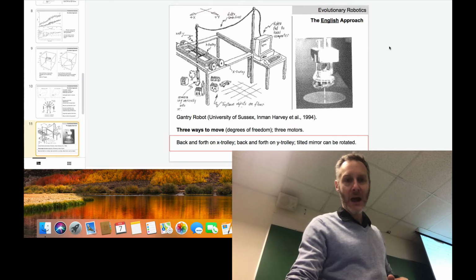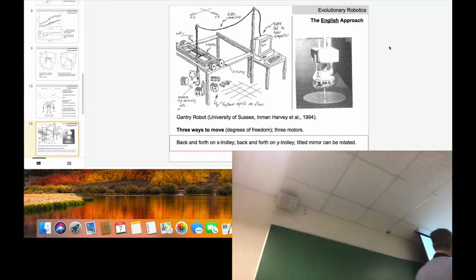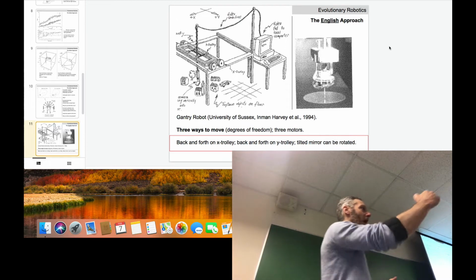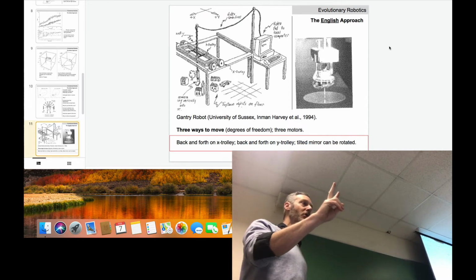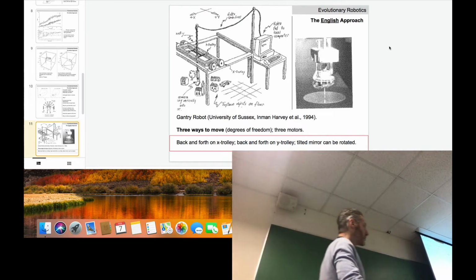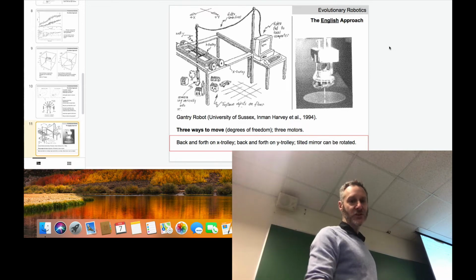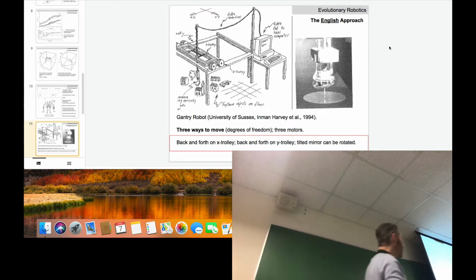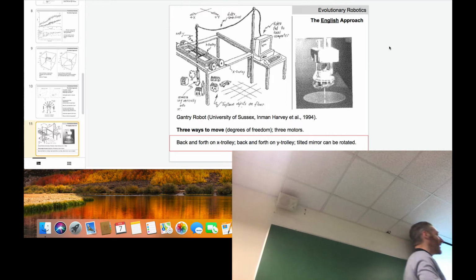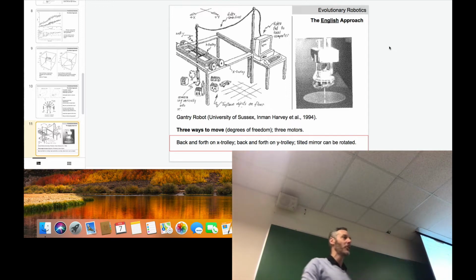Okay, so just to remind you, we're looking at this interesting gantry robot here, which can move in the X direction and the Y direction. So it has 2 motor neurons that are controlling those 2 trolleys. We have this third motor, which is spinning this dental mirror underneath the inverted periscope, but we're going to assume for today that it just spins constantly. The robot's not really controlling that spin, but as that dental mirror spins,